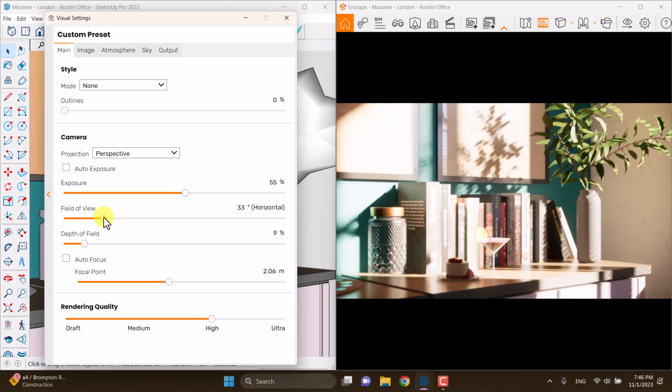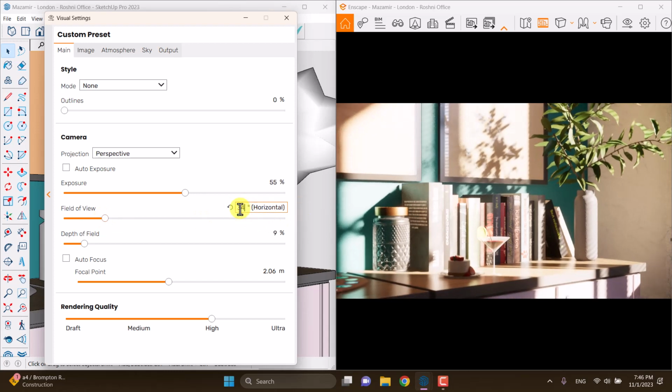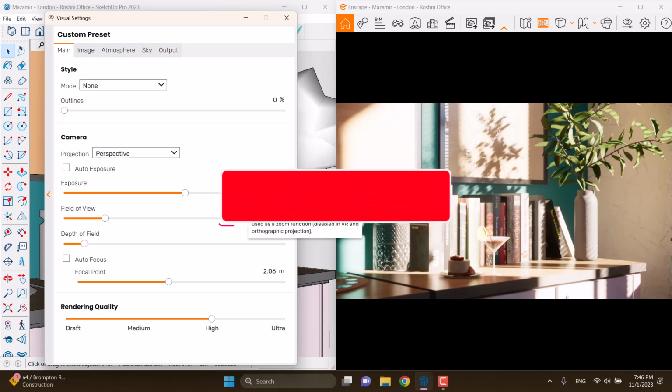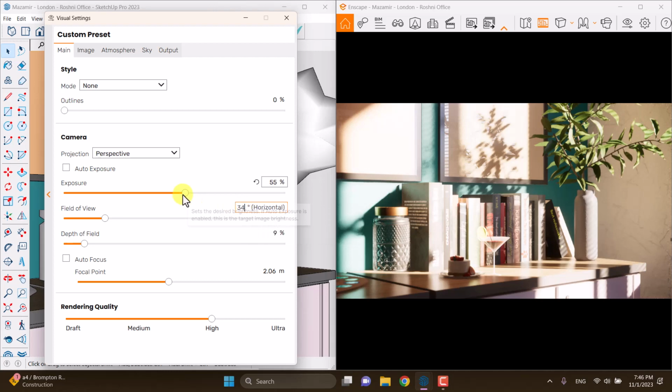like this. So I need exactly this type of rendering because it's a little bit artistic, and in Enscape or V-Ray or any type of rendering software related to SketchUp, we don't know how to create some realistic artistic renders. So exposure is good, autofocus is good, and the rendering quality will be set on ultra, but right